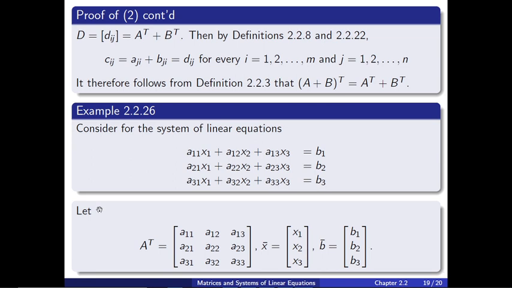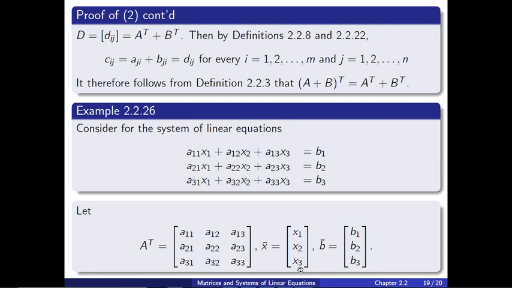And then let A, so there is no transpose here, that would need to be corrected. Let A be equal to the matrix with rows a11, a12, a13 and so on. So we're just taking the coefficients of the left hand side of all these equations,